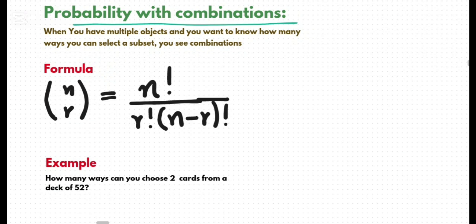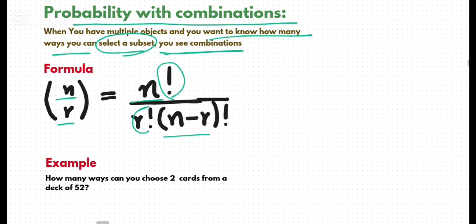When you have multiple objects and you want to know how many ways you can select a subset, you use combinations. So the formula for combination, the number of ways to choose r items from n items, is n factorial divided by r factorial times n minus r factorial. So in an example,